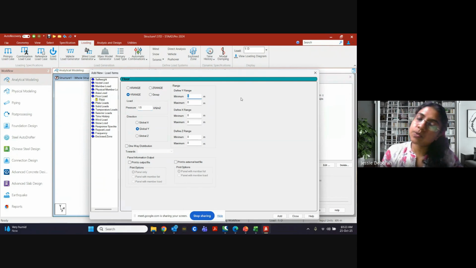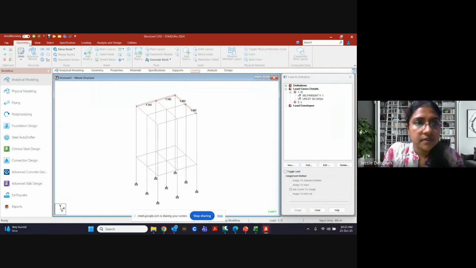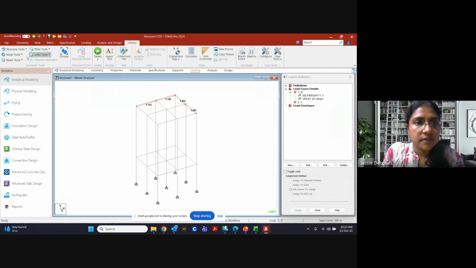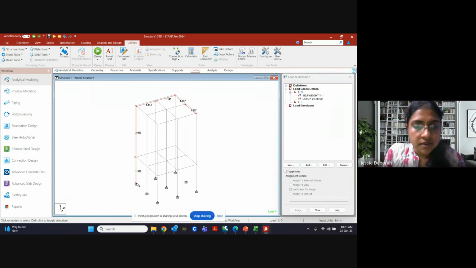Now we have to give a range. On what basis will we give the range? We will give it on the floor. Okay, so it is from 0 to, we will check that, select node to node distance. Okay, so it will be from 0 to node cursor.